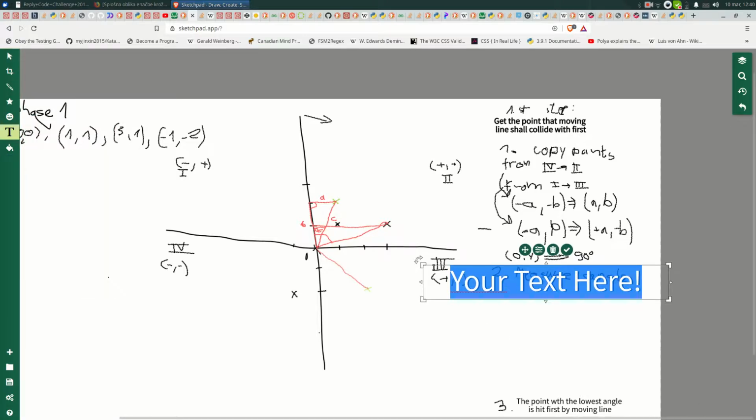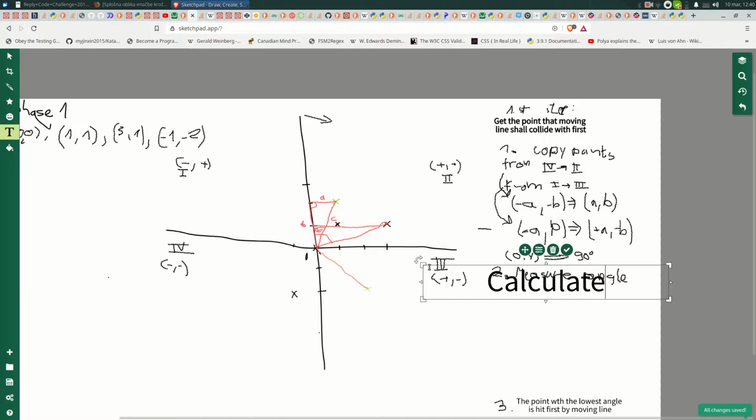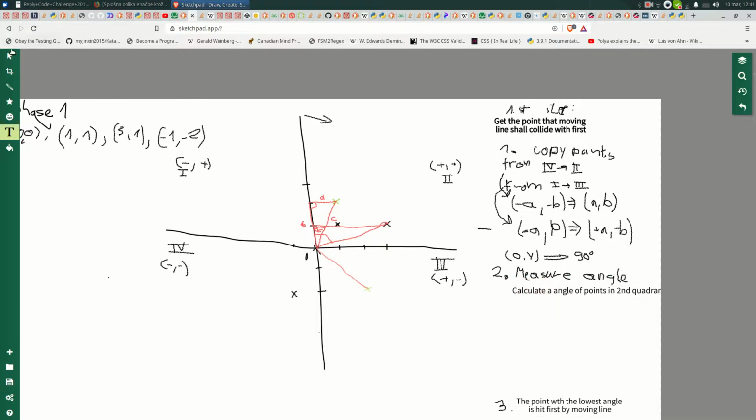So here we'll just write: calculate alpha angle of points in second quadrant. Alright. Alrighty then. Calculate the angle of points in second quadrant, and if we are over here